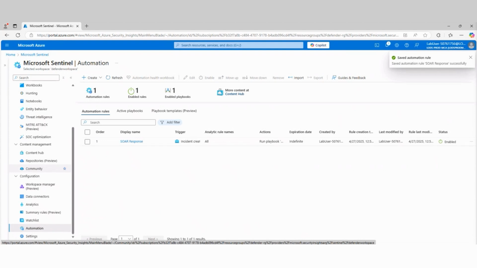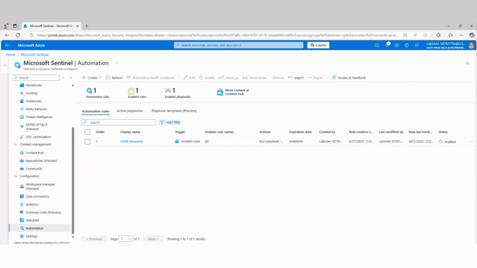So now what we've done in the first lab, we created a playbook. In our second lab that we just completed here, we created an automation rule that now launches or calls that playbook. So that's the process that we currently have here at this point. So now, as we continue building on here, let's go on to the next step, where we're going to set up a scheduled query. So we're slowly building because the automation rule has been created, but now we need to tie it to something.